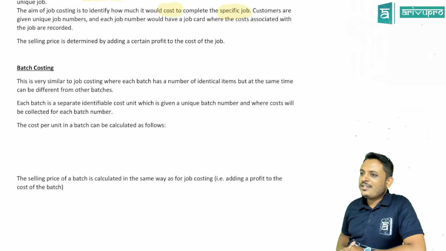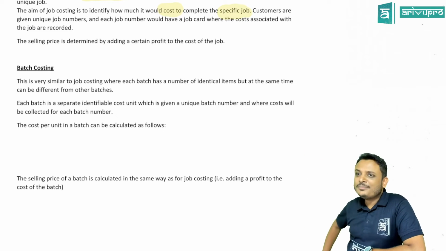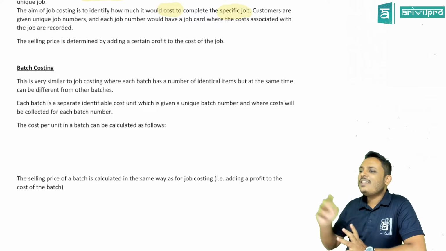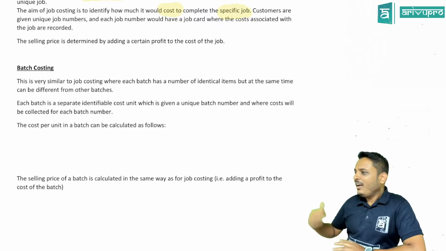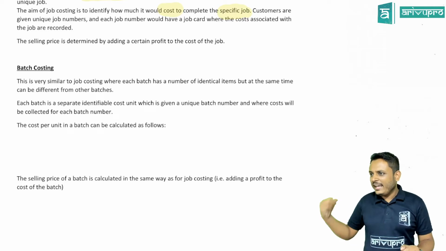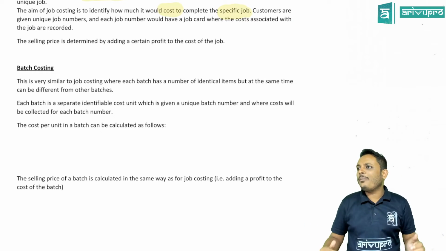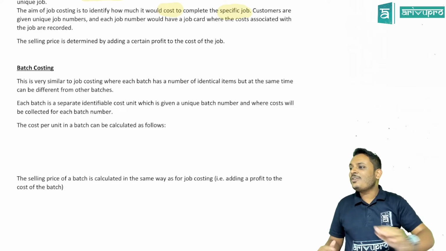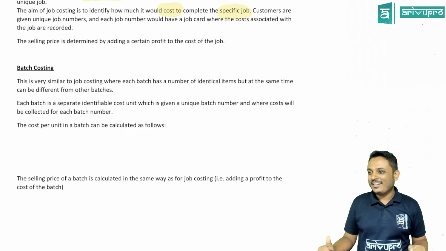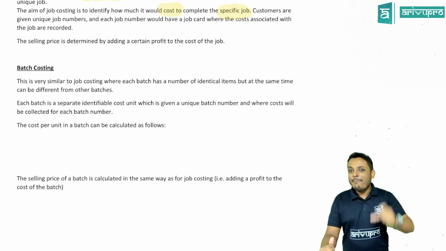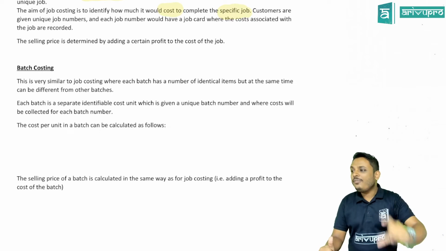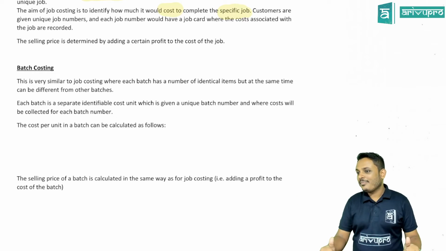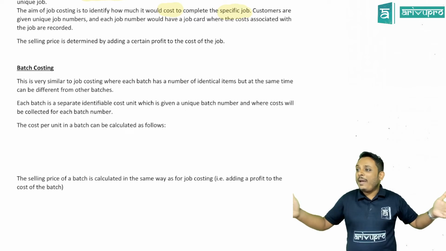Or else it's an office calendar, big one or small one, 2 color or 4 color. Who decides all these requirements? Management, right? They decide and set their requirement. The requirement comes from the customer, but the production is not only one product like job costing. The production is bulk. Batch costing is also a specific order costing, but we are not producing one, we are producing bulk. When the batch size is expanding,